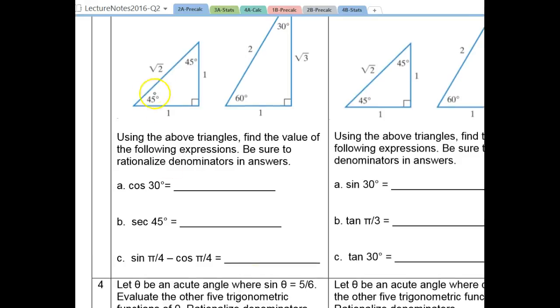And this is the first one on the back page of that guided document. So I'm going to work this one, and then I'm going to let you do the other two. But I've got the 2 triangles that we were just working with here on the back. I'm going to use those to come up with these ratios. So cosine of 30. Well, I come up here and I